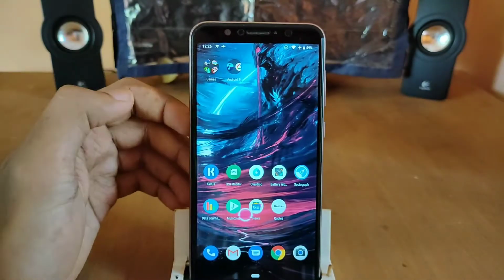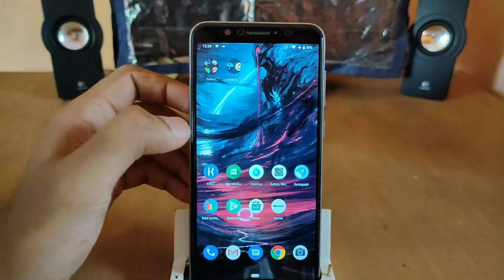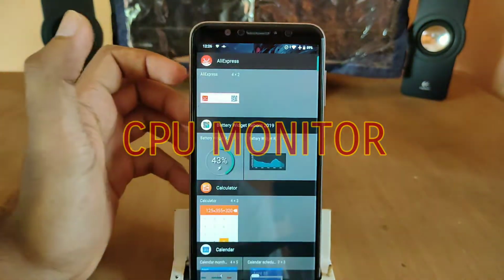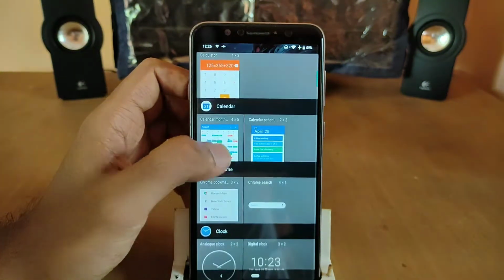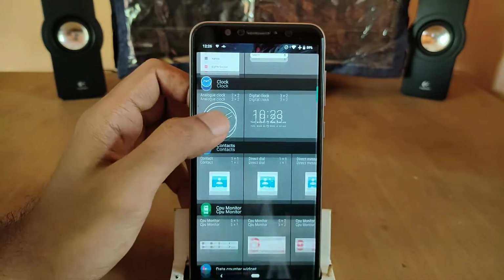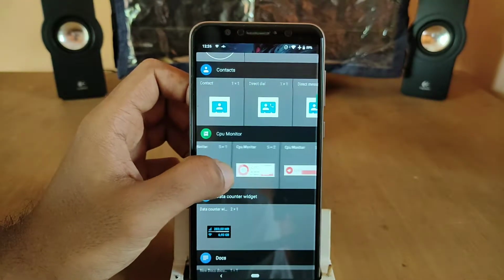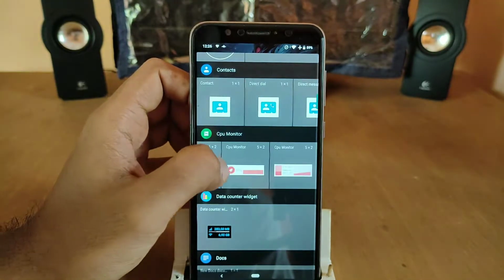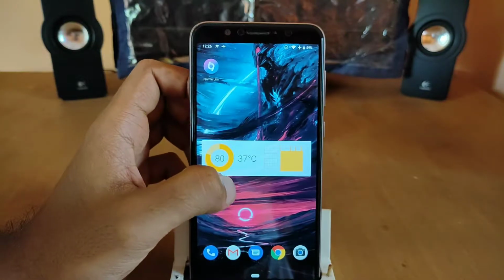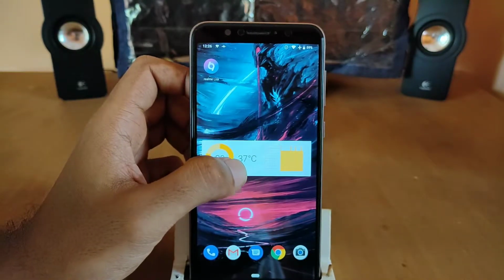Alright guys, so the next widget which we are going to look at here is the CPU monitor. CPU monitor is basically a widget which will track your CPU usage, say for example how much you've used, the temperature and all that stuff. If you see here, there are 4 different widgets. I'm going to use this one here for now, and straightforward you can see that the temperature is being displayed